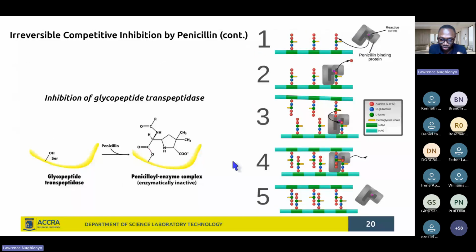In fact, you see that inhibition, as I was referring to it, the glycopeptide transpeptidase is a serine protease. So you see the serine residue is what is being shown here to be having a hydroxyl group on it. And you have the penicillin coming to bind on that serine residue, to give you that penicillin